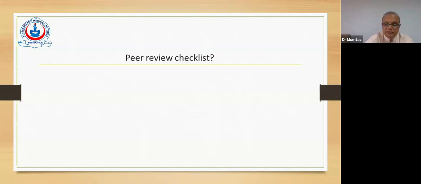Peer review checklists हम इस्तेमाल करते थे 5-6 साल पहले तक या 6-7 साल पहले तक। एक प्री फॉर्म्ड चेकलिस्ट होता था। बाय द वे, अगर मैं आपको बताऊं थोड़ी सी हिस्ट्री, तो जब ये डिजिटल दौर का वो नहीं था और हमारे पीयर रिव्यूअर्स इतने कंप्यूटर लिटरेट नहीं थे, तो हम आर्टिकल को प्रिंट करके स्टेपलर के साथ जोड़ लेते थे, यानी स्टेपल कर लेते थे, और उसके साथ एक प्रोफार्मा भी स्टेपल कर लेते थे।